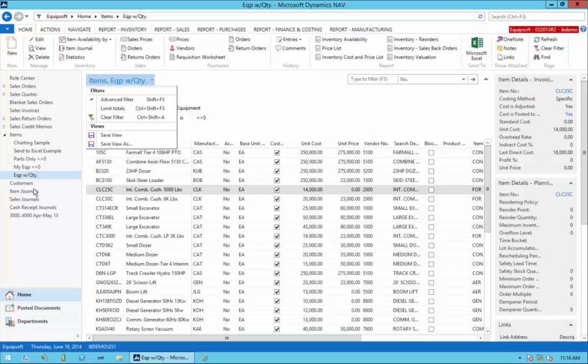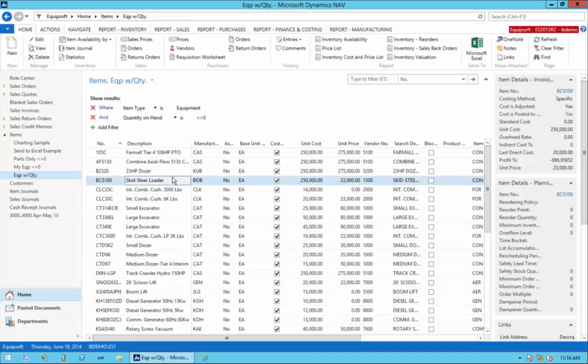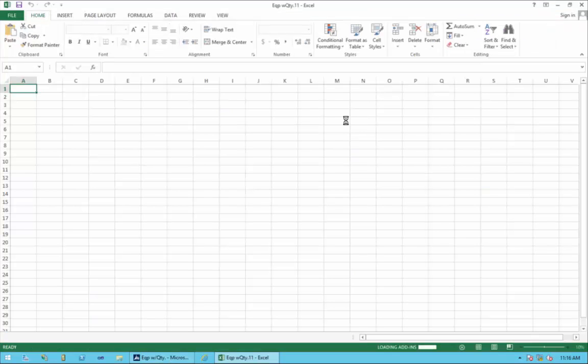Once again, for clarity, all these different changes that you make on your screen when you create your own graphs, when you create your own shortcuts or save filter views, that's resident on your own user profile. So from this standpoint, you can see that I've got an equipment with quantity on hand, and I get my own description. The next thing I'm going to do is click on Send to Excel. So once I click Send to Excel, the software will automatically take that information and